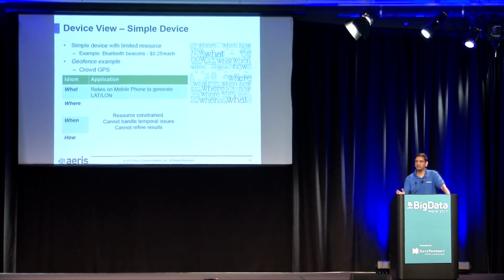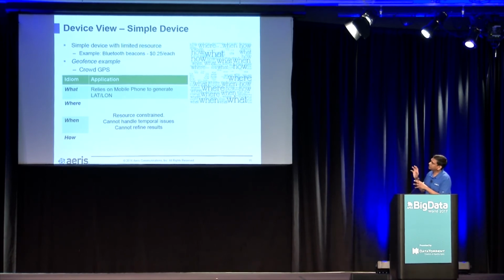Because somebody within the ecosystem walks by the bike, and it's able to piggyback on their phone, because they're running the app on the phone, to send the location of the bike. So you get an alert on that. That's what I mean by Crowd GPS. The reason it's Crowd GPS is that the device does not have a GPS radio. It relies on the GPS radio of the phone many times, again, to keep the cost down.